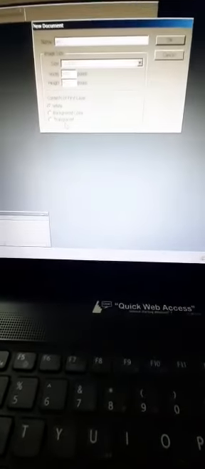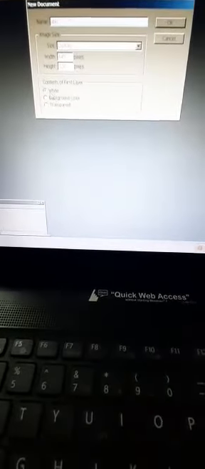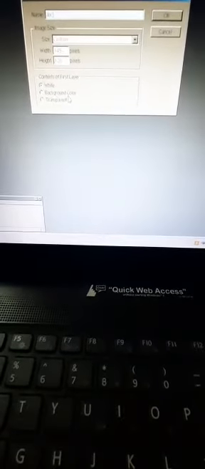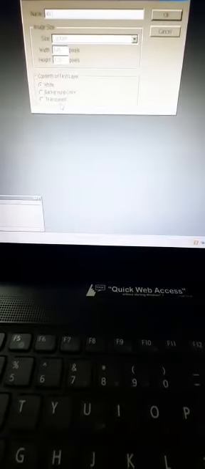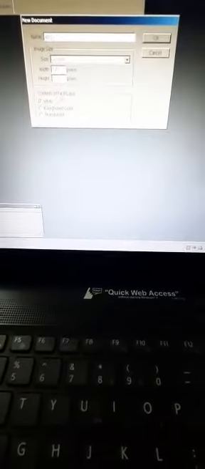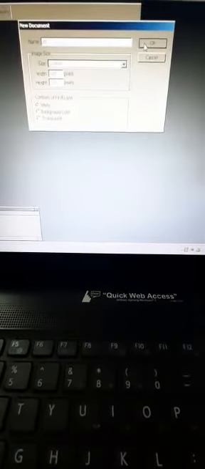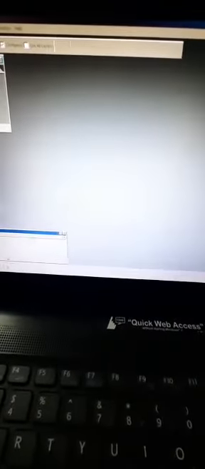Which type of window you want, white color window or some background color or transparent window, that you can fix from here. Then you will click on the OK button, then this we get,